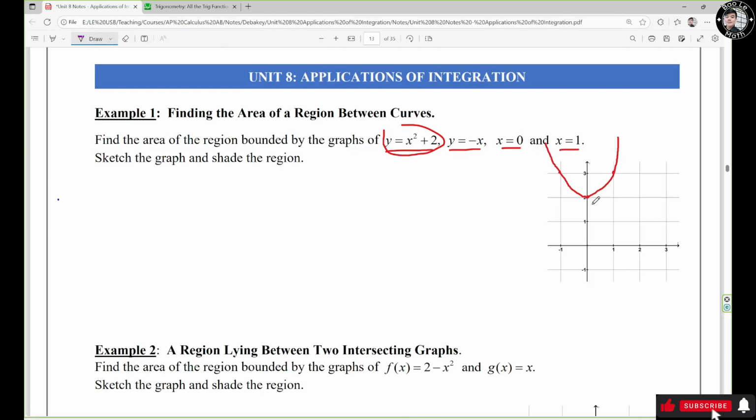Now, y equals negative x. It's going to be something like this. Now, the lower bound is 0 and the upper bound is 1. So 0 is right here, and the upper bound is right here. So it's going to be this region. So the area should be the integral from 0 to 1 of the upper curve, which is y equals x squared plus 2,